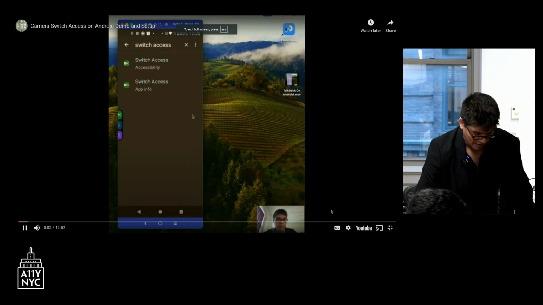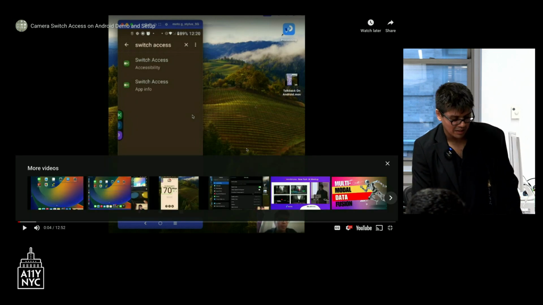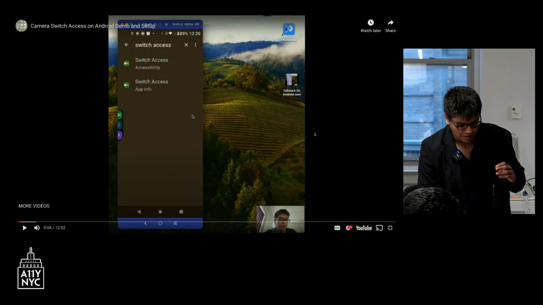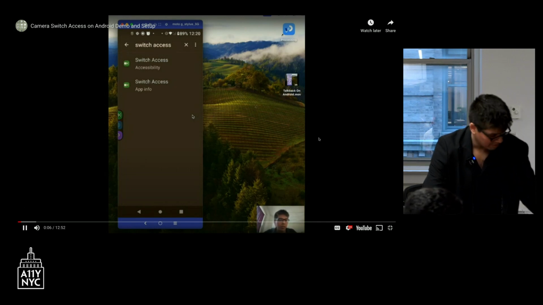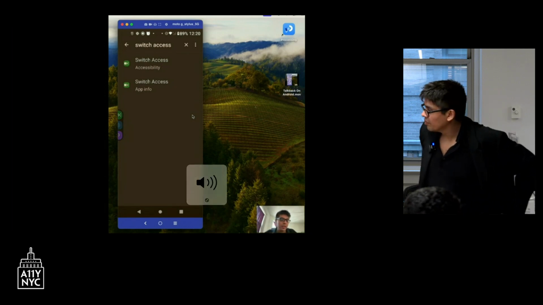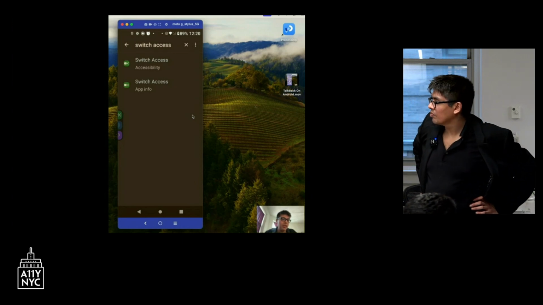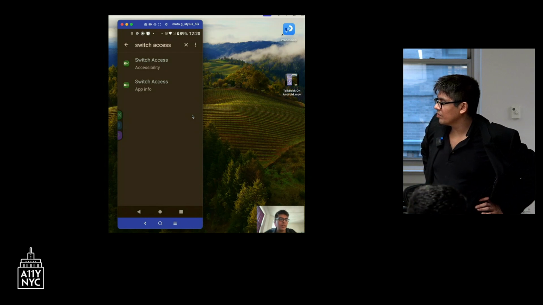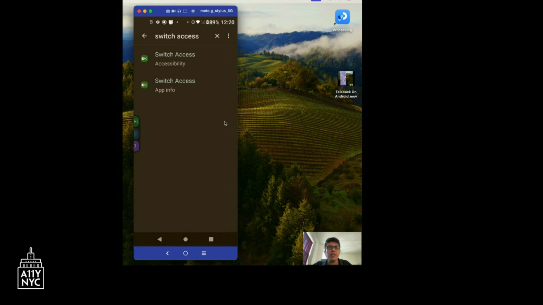Okay, now what we're going to do, just a little precursor. I'm setting this up on Android first, but you'll see I'll do the setup on Android, and I'll show you the differences on iOS. So I'm going to focus on the camera switch today because that's the most interesting element of this particular presentation, though there are many more interesting switches as well. But the camera switch is available on any device that supports it and that has a camera, and virtually all devices have a camera these days. So if you can't obtain a hardware switch at any point, you can attempt to use the facial recognition of the camera switch to attempt to navigate around the device.